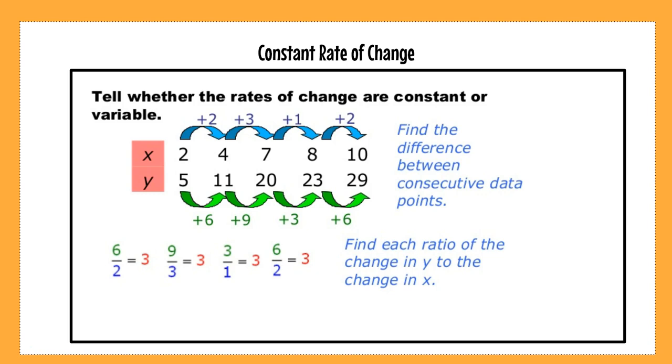Our table just skips some values along the way. So you have to pay attention to that. Remember, I said it could get tricky if it didn't look constant. You might have to investigate it a little bit more. So in this case, when we really looked into it, it is a constant rate of 3.